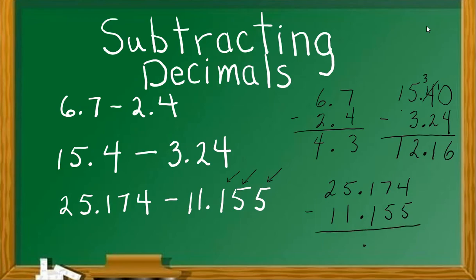And let's start subtracting from the right. Okay, well, 4 can't subtract 5. We're going to borrow from the 7. It becomes a 6, and the 4 becomes a 14. 14 subtract 5 is 9. 6 subtract 5 is 1. 1 subtract 1 is 0. 5 subtract 1 is 4. And 2 subtract 1 is, of course, 1. And we're left with the answer 14 19 thousandths, or